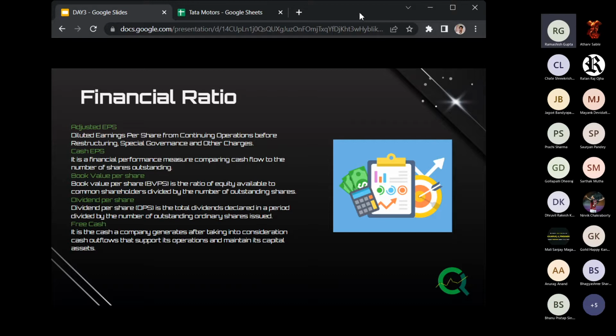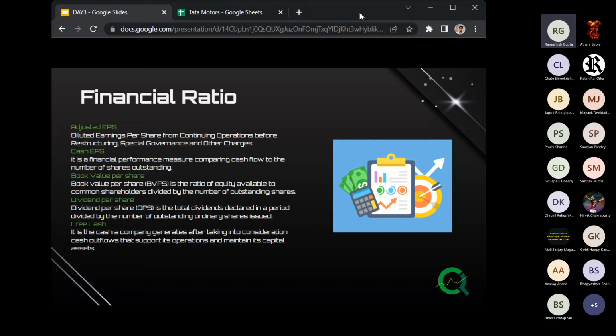Next is cash EPS. It basically means how much cash the share is generating, which could be different from earnings. Think of it this way: for each share we have bought some inventory items, and those inventory items can't be converted into cash. So we want to get the exact amount of cash that we'll be getting from our EPS.